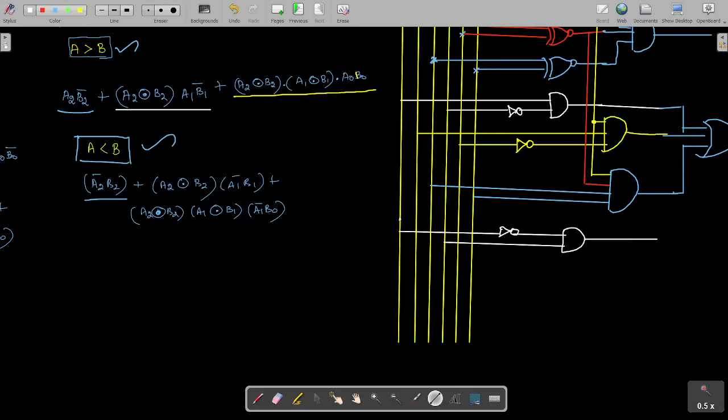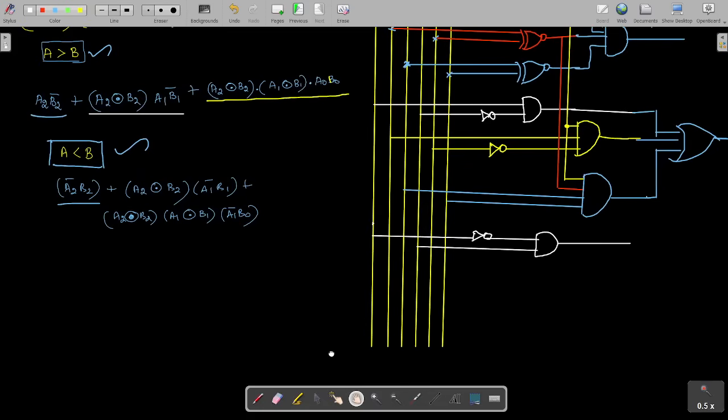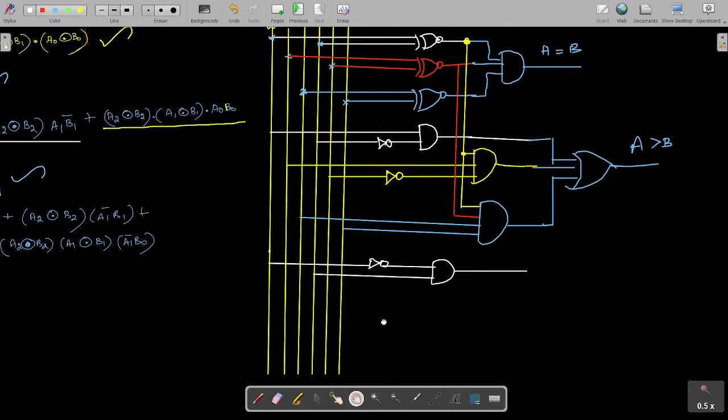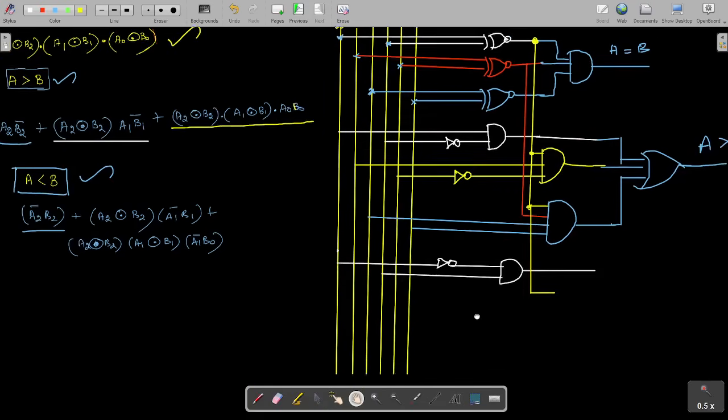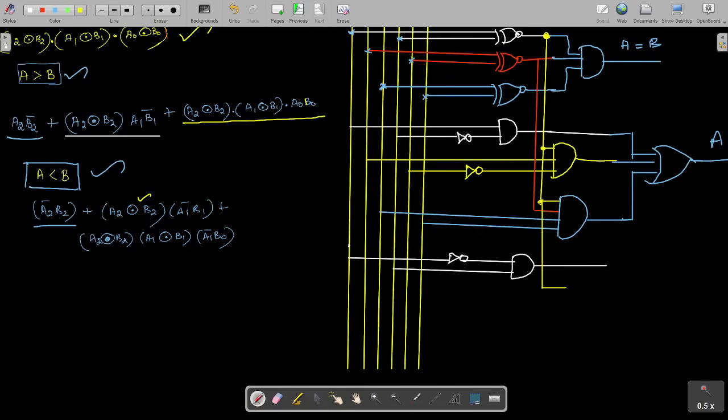Then the second term, A2 equivalence B2. So it comes from here, right? A2, that yellow color. So we'll bring that down again. This is A2 equivalence B2. So this is over. Then A1 bar B1 I have to take, right?